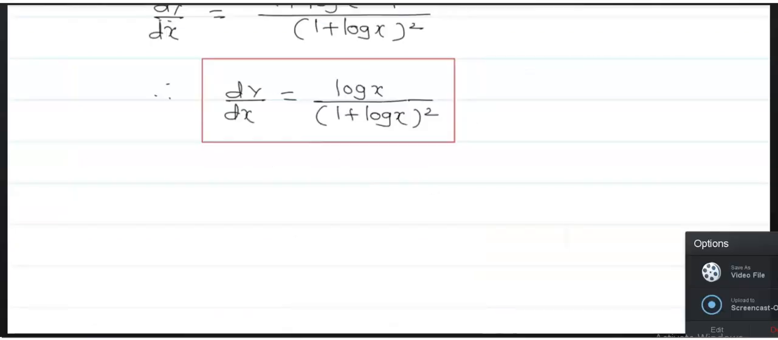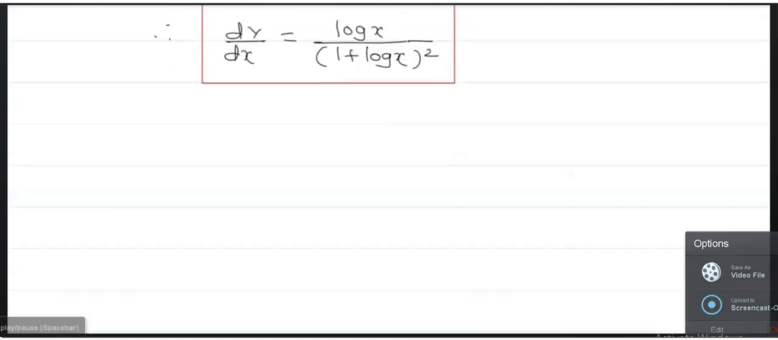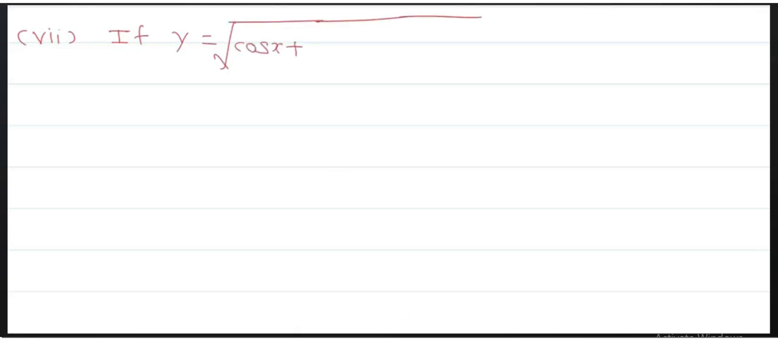Now next is seventh. If y is equal to root of cos x plus root of cos x plus root of cos x up to infinity,